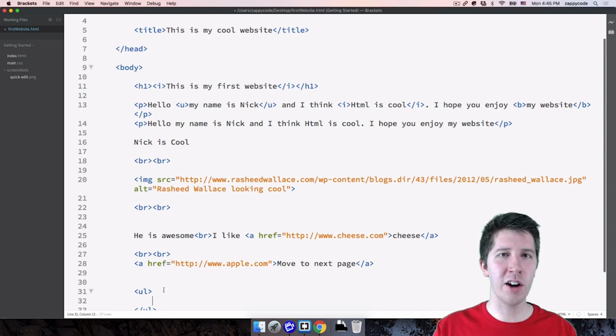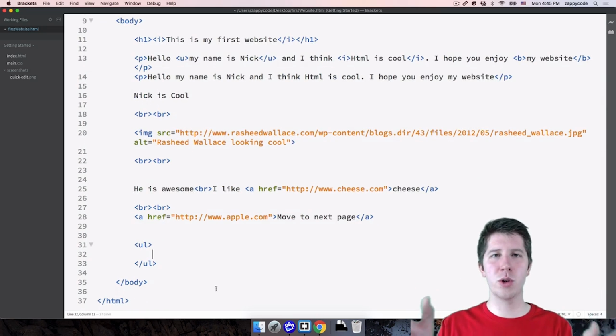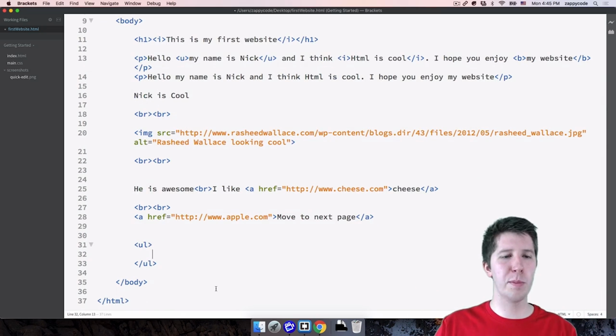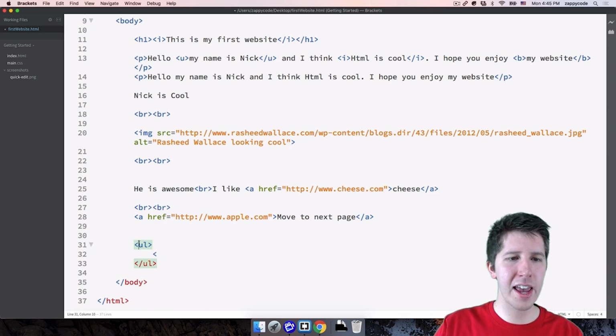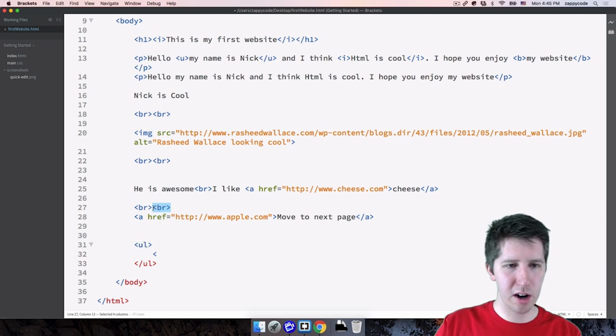Then inside of this unordered list, you have to make things called list items. For a list item, you just have text in between the two tags and it will show up as a bullet point. So for example, let's say I want to list out some things. I'm going to do a BR, in fact two of them, from this link that we had above.